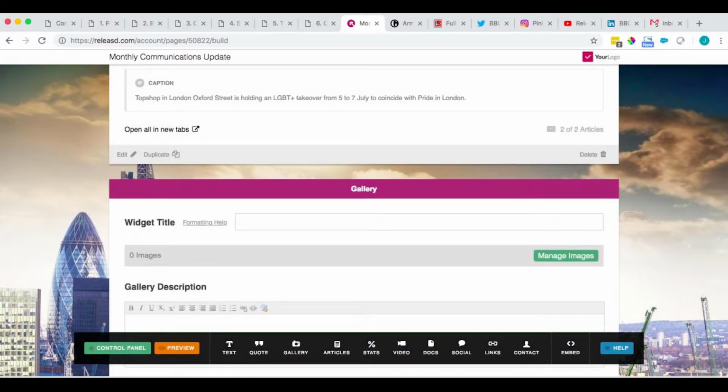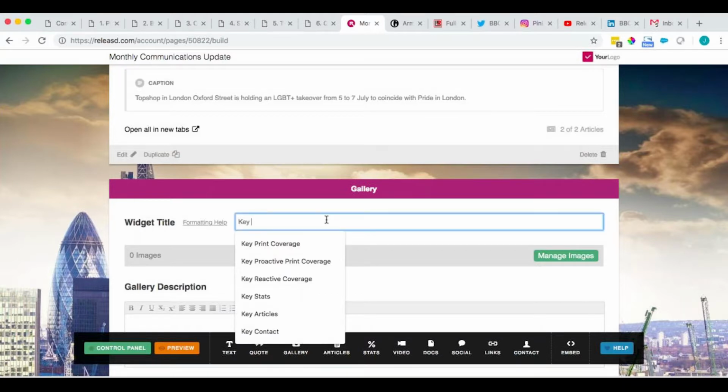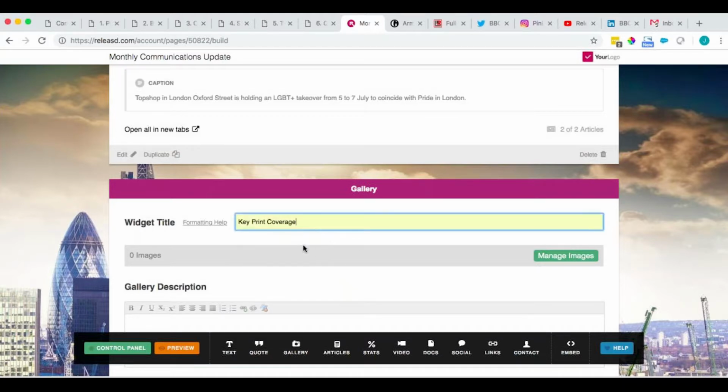So again, the gallery widget is a way to upload or feature print coverage, or any other kind of imagery. That could be from an event or from a campaign or anything along those lines. So we're going to look at doing this now, and we're going to use print coverage as an example for